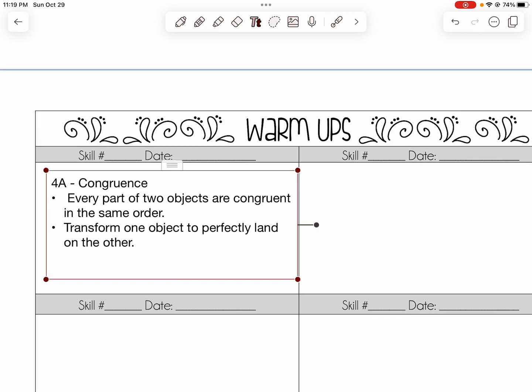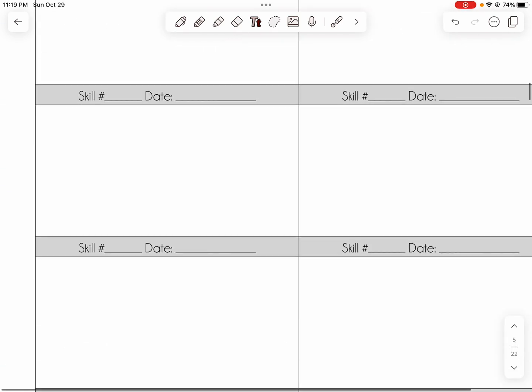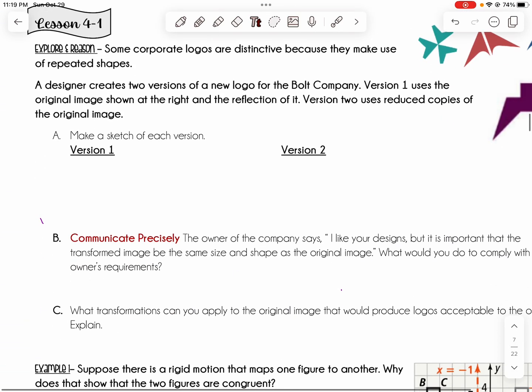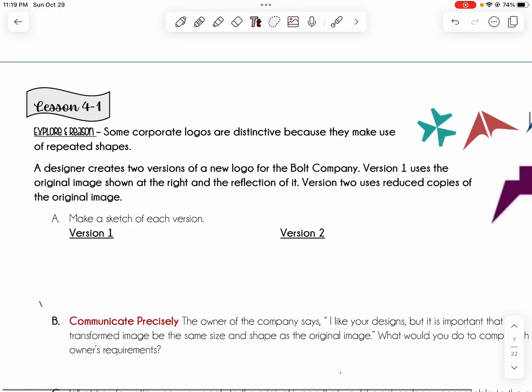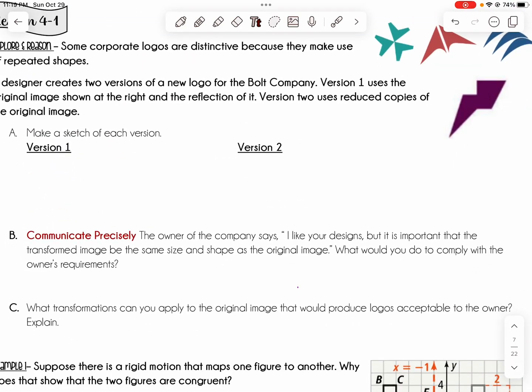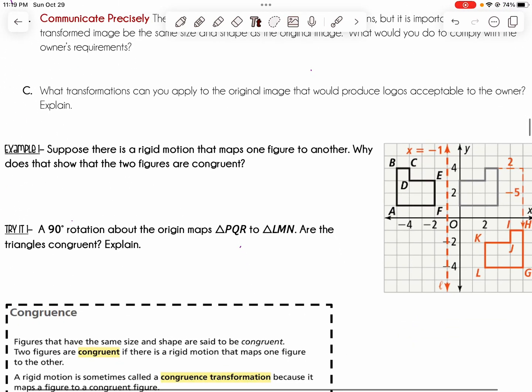So now that we've got our general idea and what we're expected to do for congruence, let's go on over to the beginning of lesson 4.1. Now, this beginning activity you guys will be doing in class, but we're going to get right into example number 1. So, suppose there's a rigid motion that maps one figure to another. Why does that show that the two figures are congruent? So think about this. If we've got rigid motions, why do we know that it makes the shapes congruent? Well,